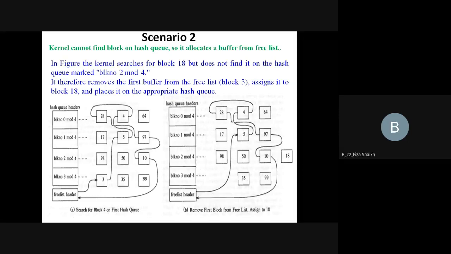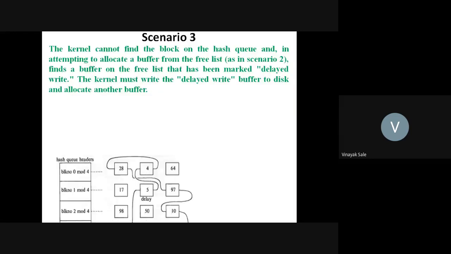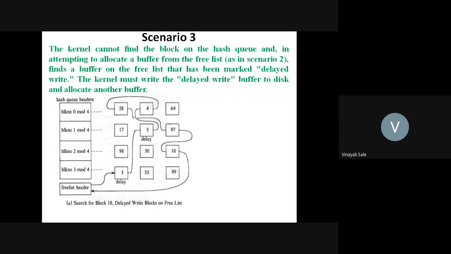Yeah, sir. Then what about scenario 3? Suppose it will search 18 but it is not present, so the kernel searches which is free. Suppose here 3 is not free because of delayed write, someone has assigned it.